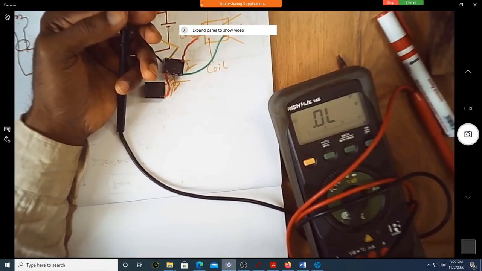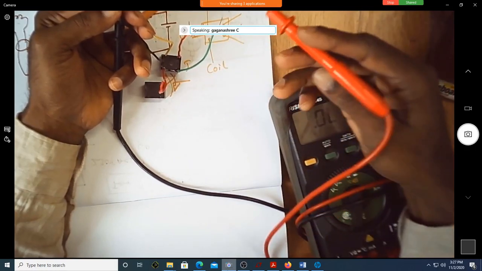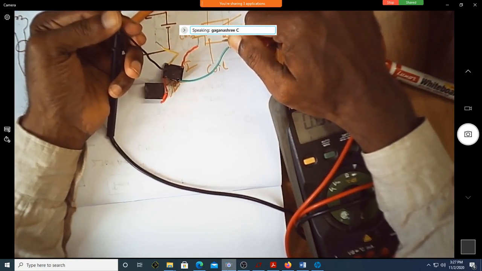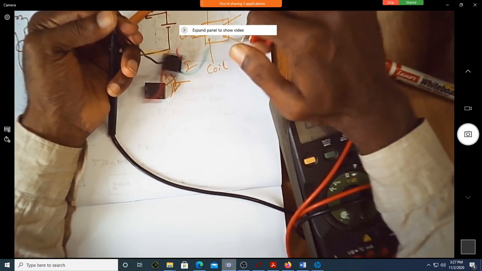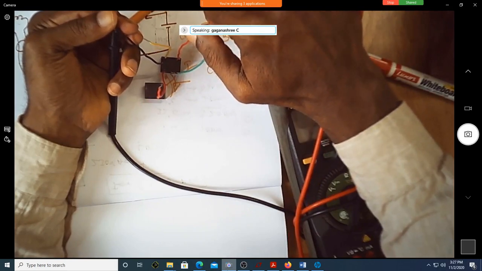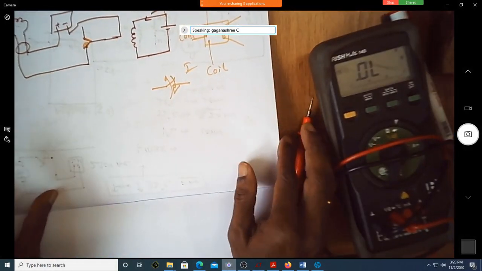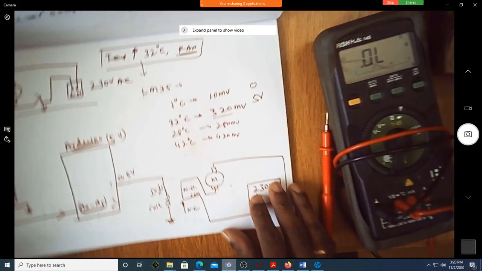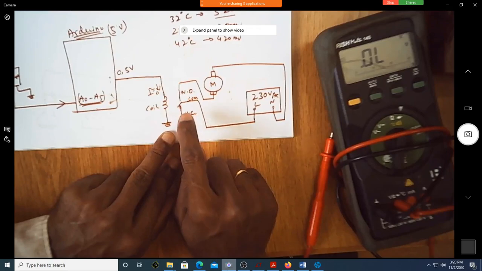Yes, sir. Now current is 0. Why is current 0? Because it is an open circuit. Is it short circuited? Yes, sir. You can see the common terminal and one of the terminals, that is NC, is short circuited. Now I can see NO is open, normally open. If I make the current flow through that, then that will get connected. So this is the connection that is required. This is NC, meaning normally closed.